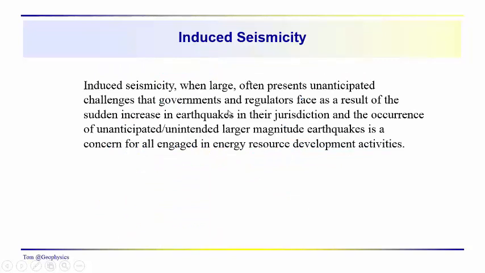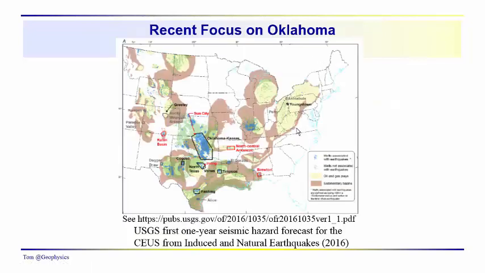So, of course, the main issue with induced seismicity, if you're engaged in the development of unconventional resources, is you just don't want them to happen, because it's going to be a problem. The local communities in particular are not going to want to have anything to do with it. So this is the kind of activity where you want to avoid at all possible costs producing these larger magnitude earthquakes. Everybody knows that. That's not what people want to happen.